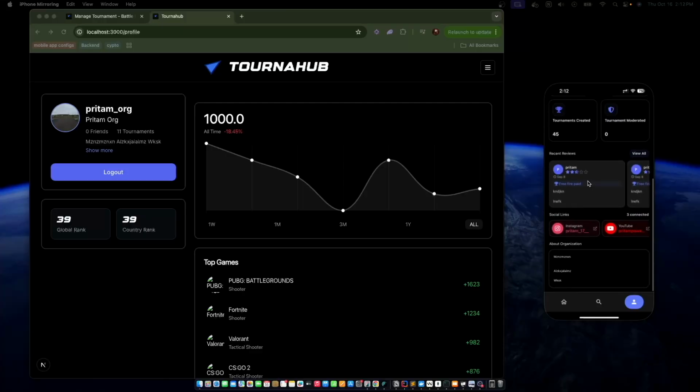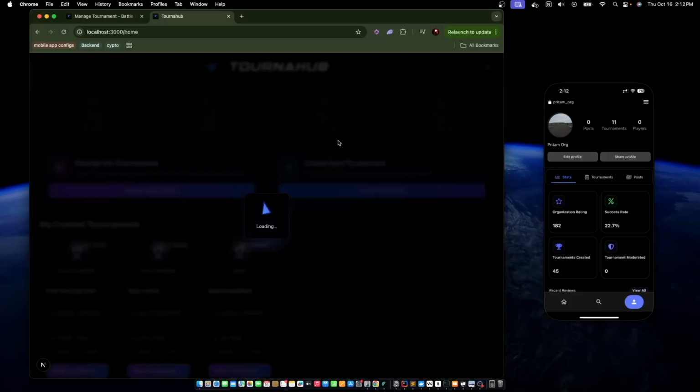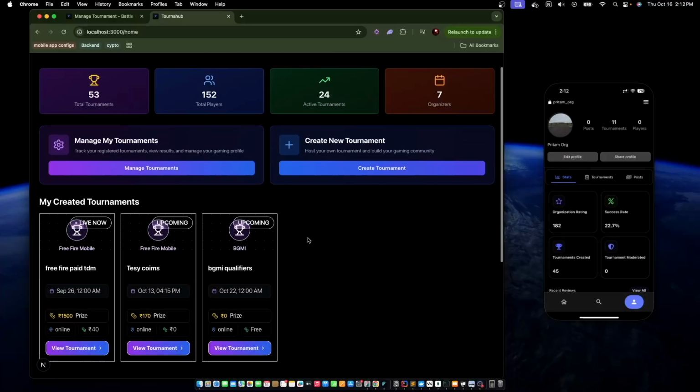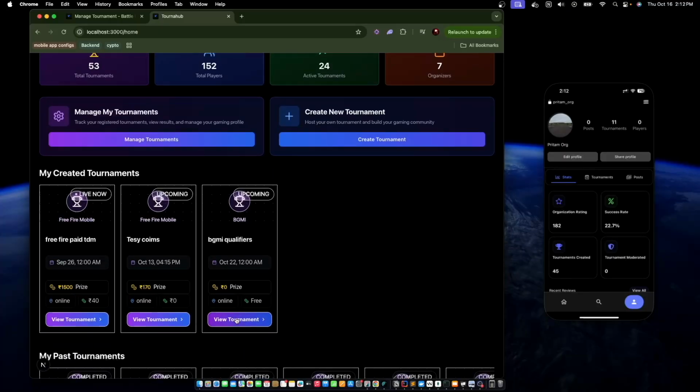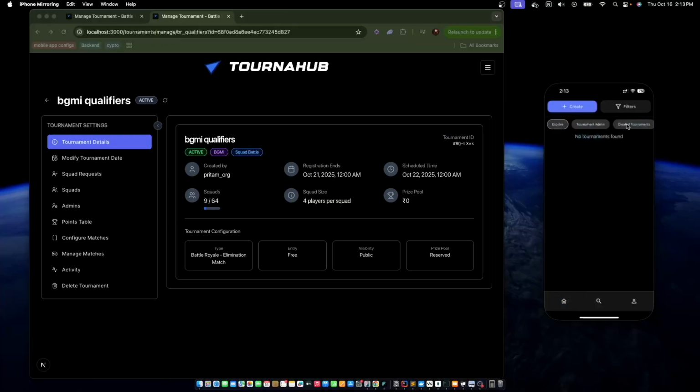Here you can see all the ratings and dashboard that an organizer sees, and I have created one tournament. You can refer to the video that I have attached in the bio. For example, this BGMI qualifier that I had created previously. You can go to this tournament from the dashboard as well as from the manage account page, but for now I am going from this. So here you can see this tournament, and you can also see that tournament from a mobile